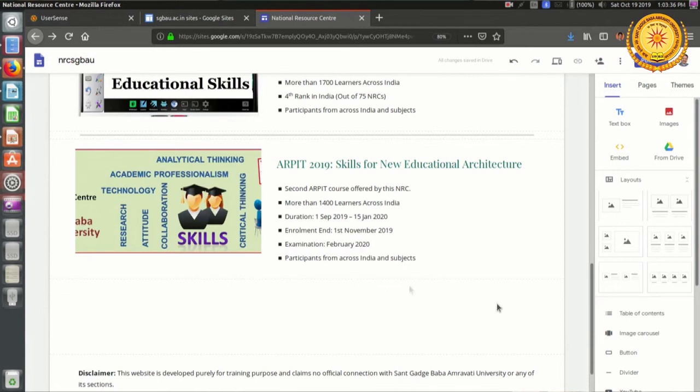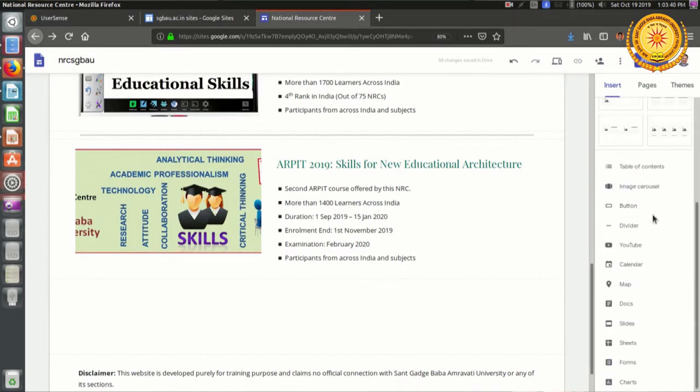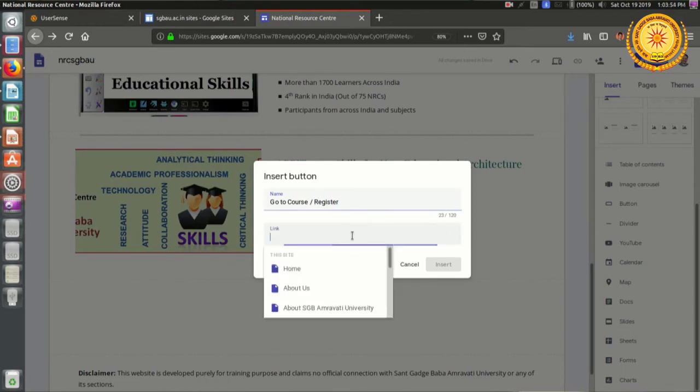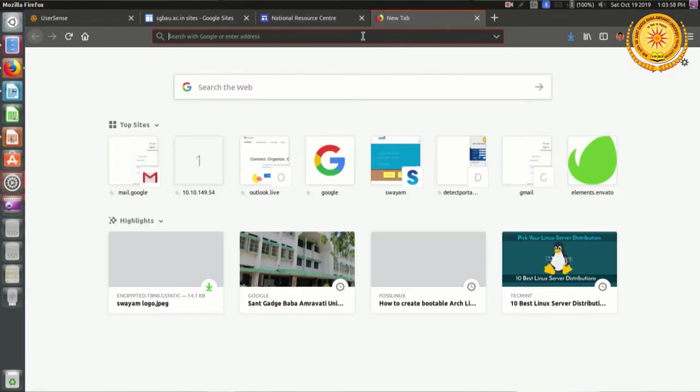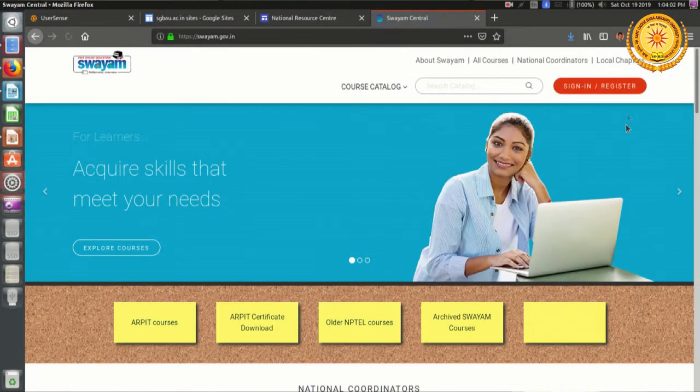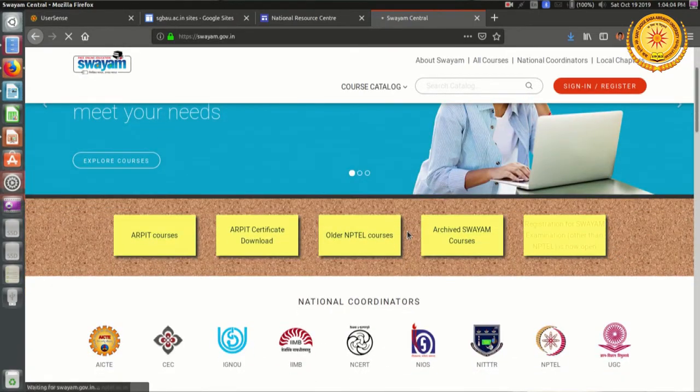So what I have to do here is insert a button. So where is the button? Yes, it is here, button. What is the name? Okay, I can say go to course, okay, or register. And where is the link? Again I have to go to Swayam and find that page. So swayam.gov.in, ARPIT courses.